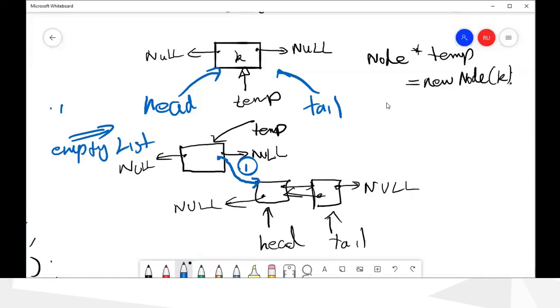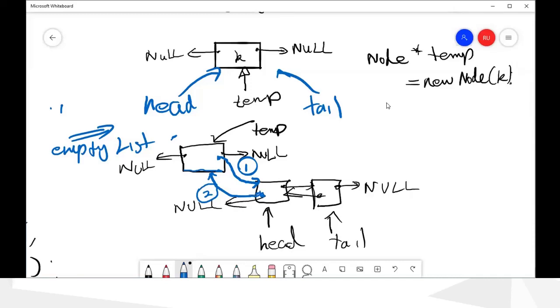And now you can make the head's previous point to the new node, because when you go this way, backwards, from here you have to go to this node, since we are inserting this node at the beginning.